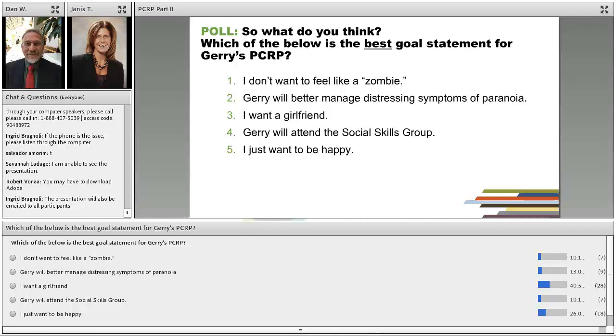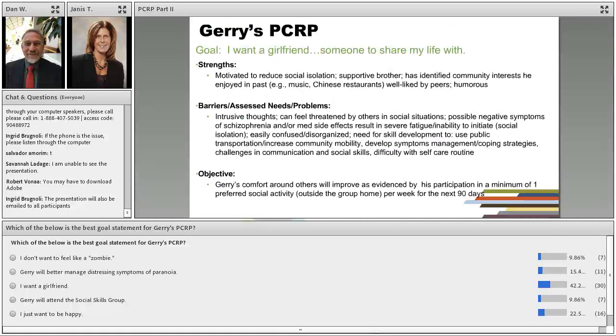Each of these things kind of goes back to what Jerry was saying consistently. So we would say that the goal on the plan, the best one to go with in this case, really was number 3, I want a girlfriend, okay? Number 5, he might also just say, but it's a little bit too vague. So we want to say, well, what would make you happy, Jerry? And he would pretty much tell you, a date on a Friday night. So number 3 is a little bit more specific. So let me show you what that might look like.